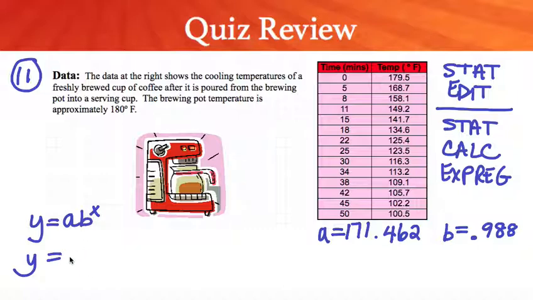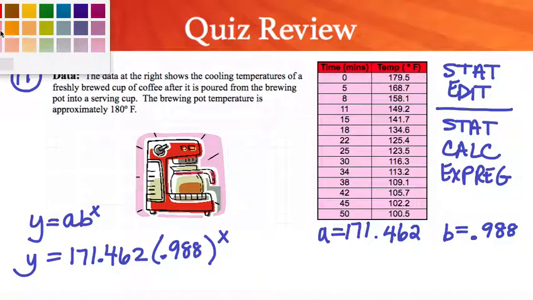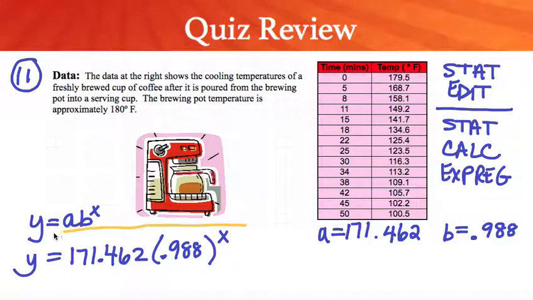So the equation is going to be 171.462 times 0.988 to the x. Okay, so this is my answer. Okay, if you do not provide this answer, then it will not be counted as correct because you can't just put in this. Okay, all right, now what we're going to do is we're going to try plugging in some